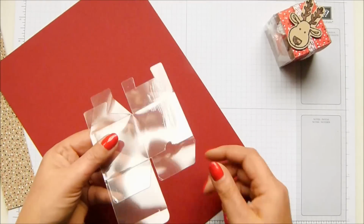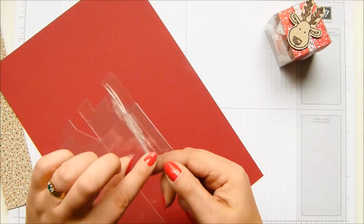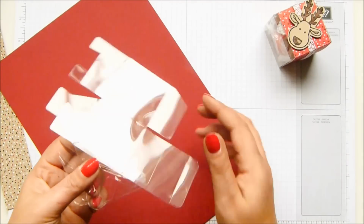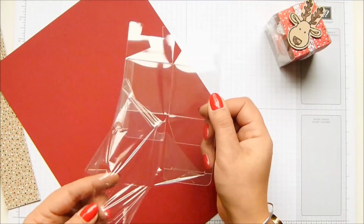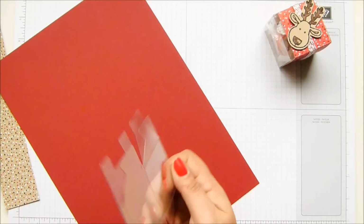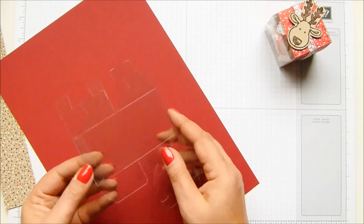Let me just grab this piece of cardstock. Totally see-through, but they've all got this little ruffled plastic bit, and that is a protector because they are stacked together. You don't want them to scratch. So peel that bit off, and I brought in this so you can see. It's all flat packed, and you